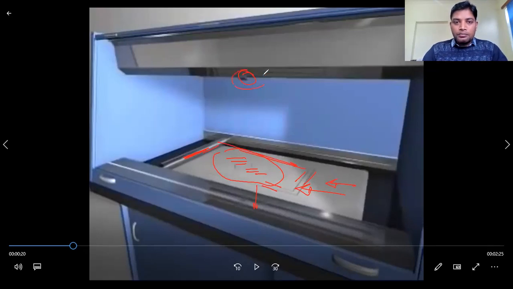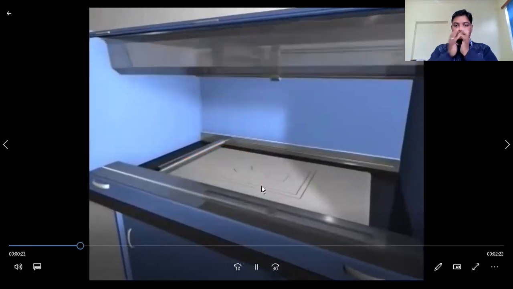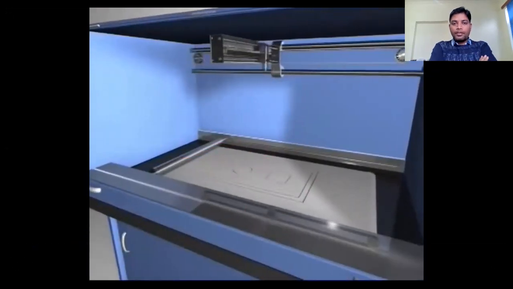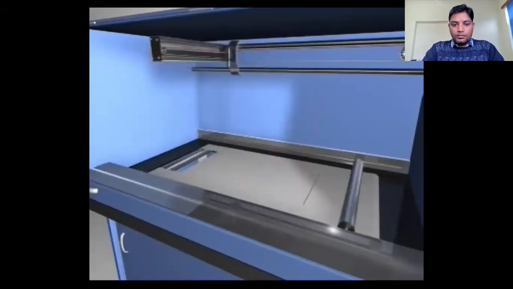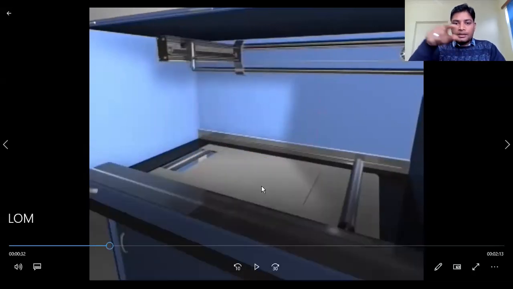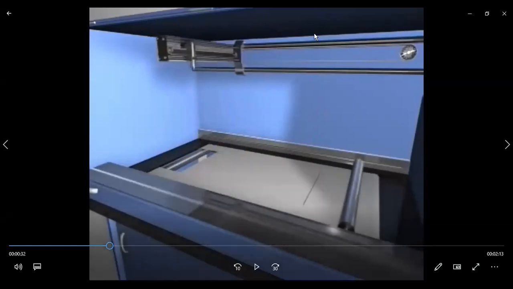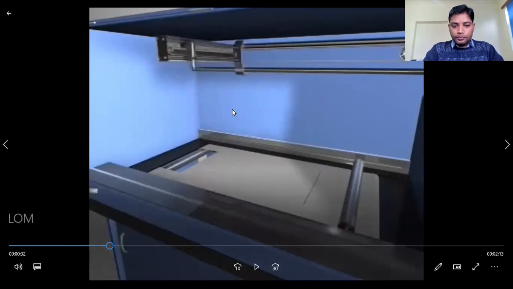Then again the laser moves accordingly. Now you can see that once that shape is formed, it has been moved in that direction, laminated and wrapped over the other roller.